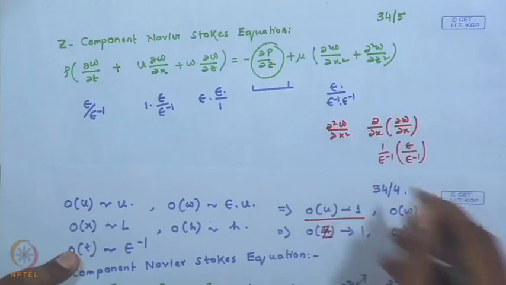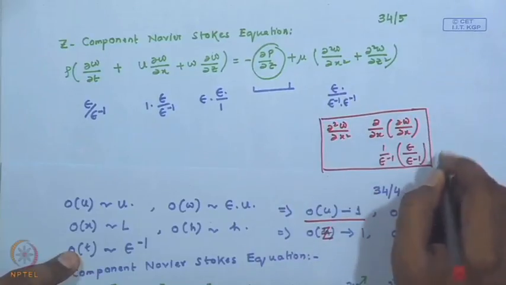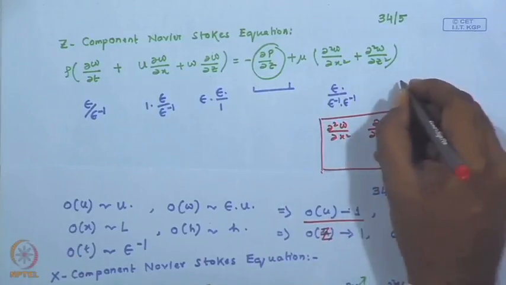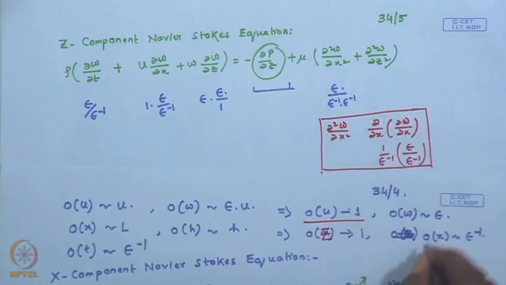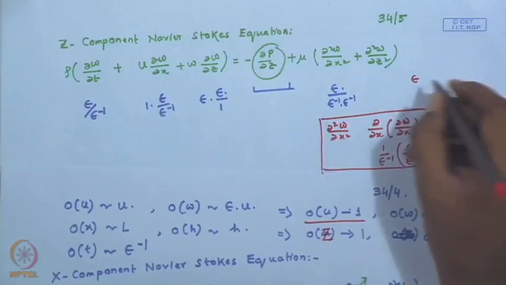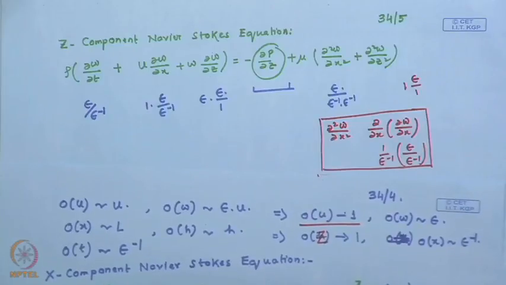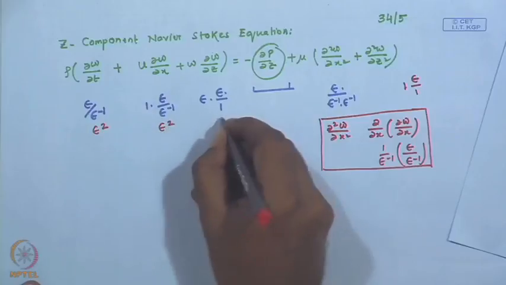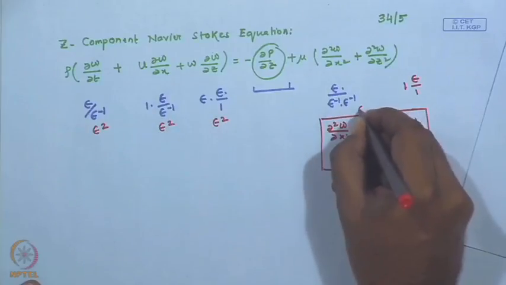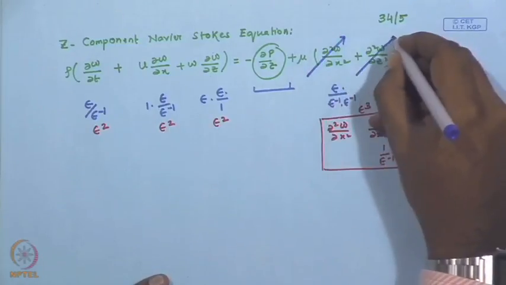So, it is epsilon divided by epsilon inverse, and the final term is essentially del z of del w del z. w is of the order epsilon, z is of the order 1, so 1 into 1. So, overall we find that this has an order of epsilon square, epsilon cube, and this is epsilon. So, all the terms sort of are insignificant,